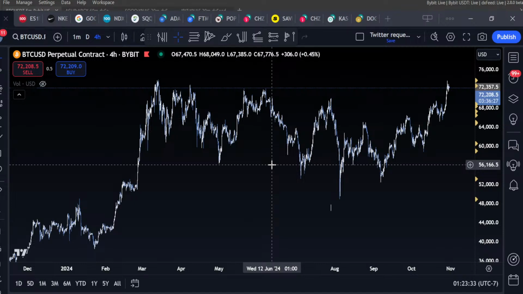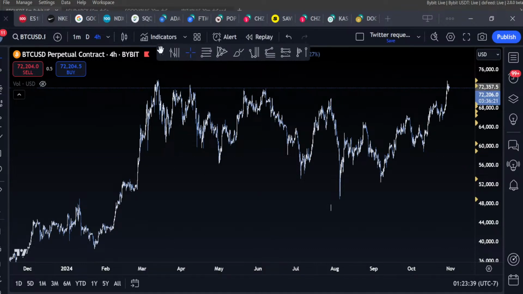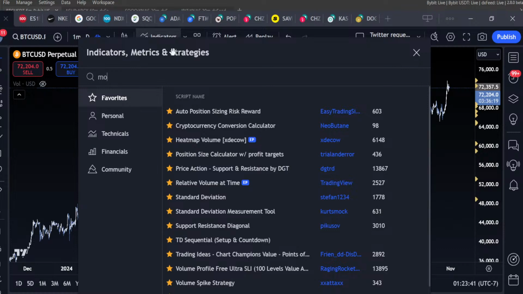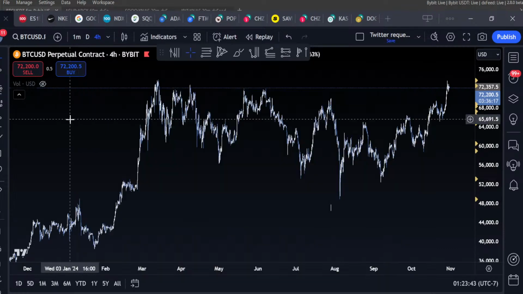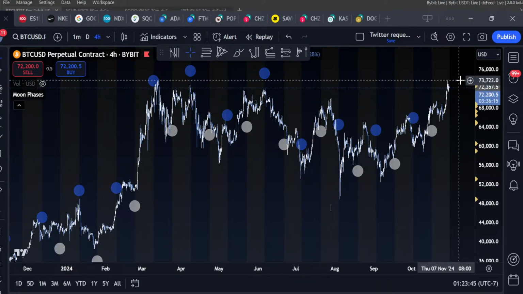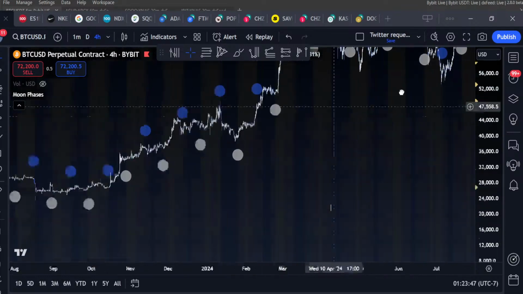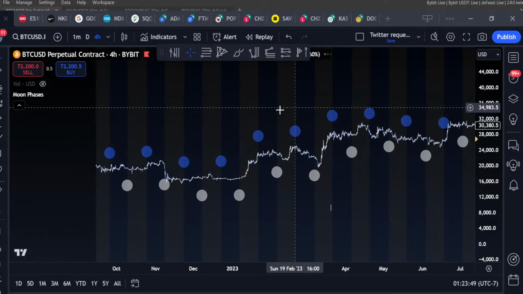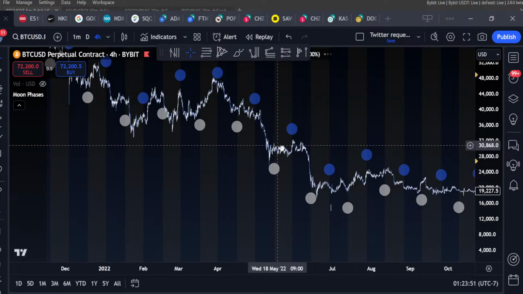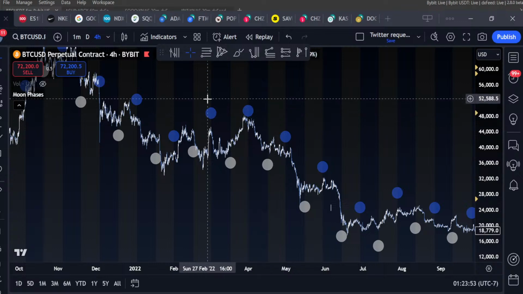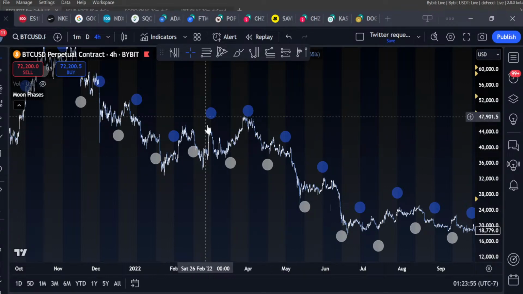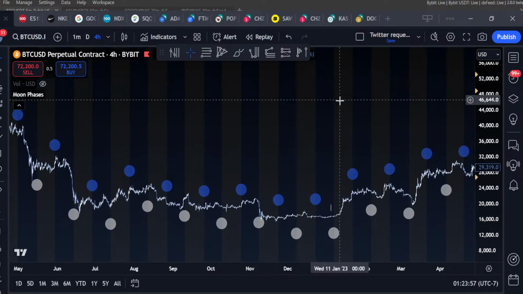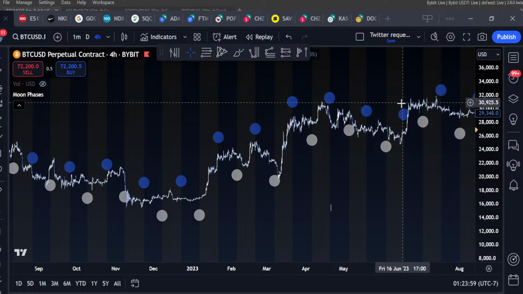For example, people talk about moon cycles. People have different theories on moon cycles, but somebody at some point went like this, and they went, holy shit. Now, a lot of people talk about it, but at some point somebody just said, these moon cycles are insane. These are great signals.